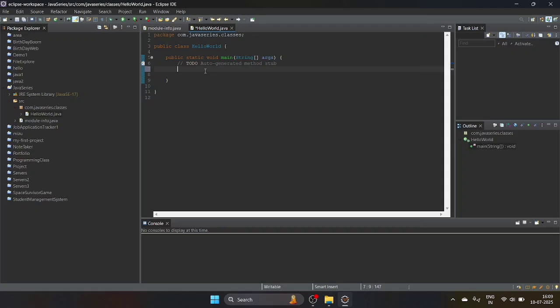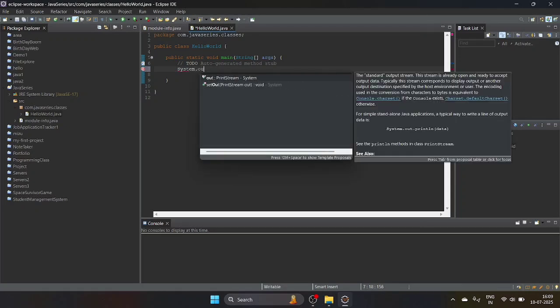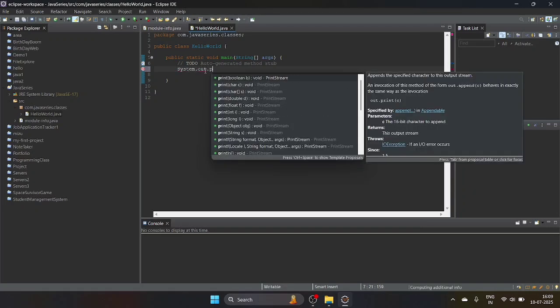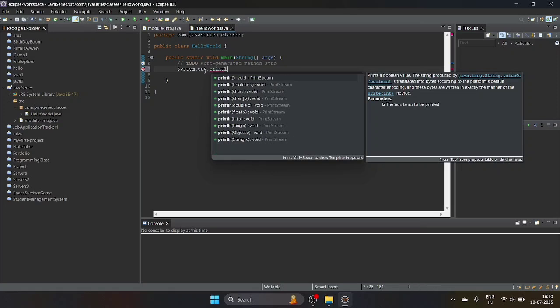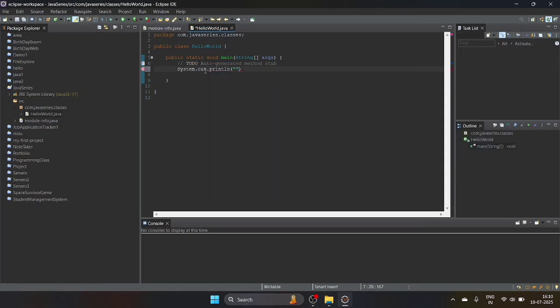Okay, next, if you want to print something on the console, we use one statement: System.out.println, then open parenthesis, then write what you want to print on the console.